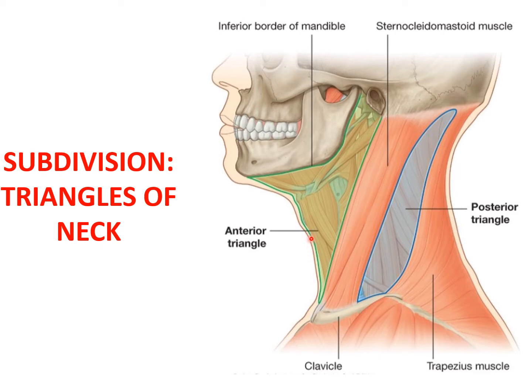Now, this quadrilateral area is divided by an oblique muscle known as the sternocleidomastoid muscle into a triangle in front of it known as the anterior triangle and a triangle behind it known as the posterior triangle. Now, in this particular lecture, we are going to discuss in detail the sternocleidomastoid muscle and the posterior triangle of the neck. We have already covered general features about the skin, superficial fascia and the deep fascia of this neck.